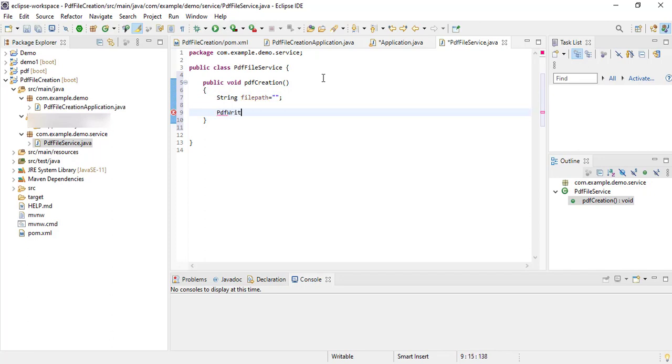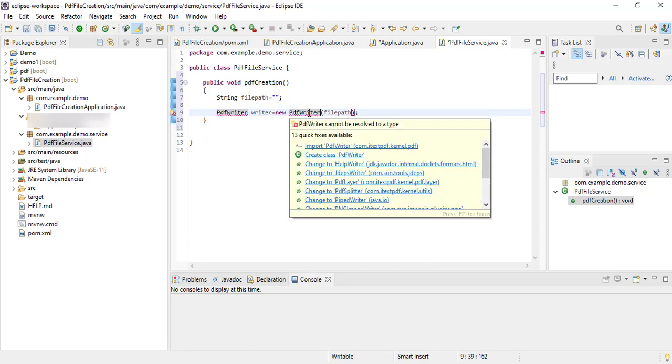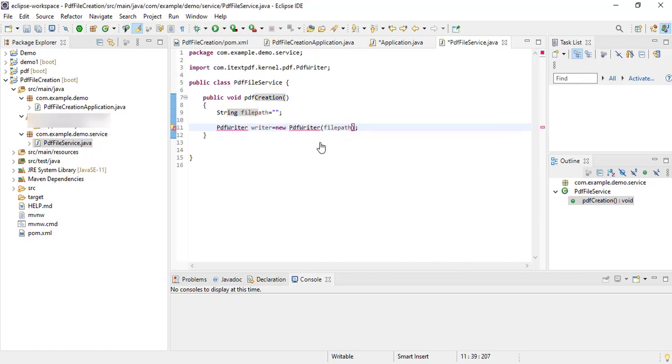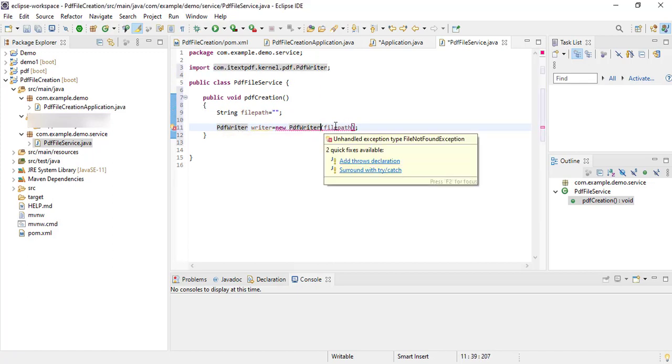After that, I will create the object of the PDF writer. For this object, I need to pass file path as a parameter. It will throw the exception. That's why we need to surround this with the try catch.